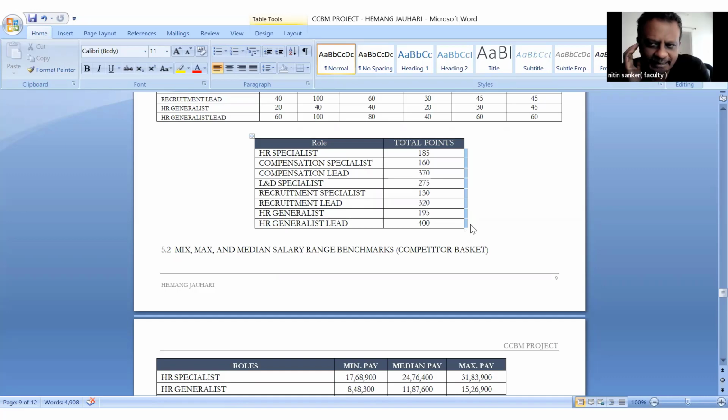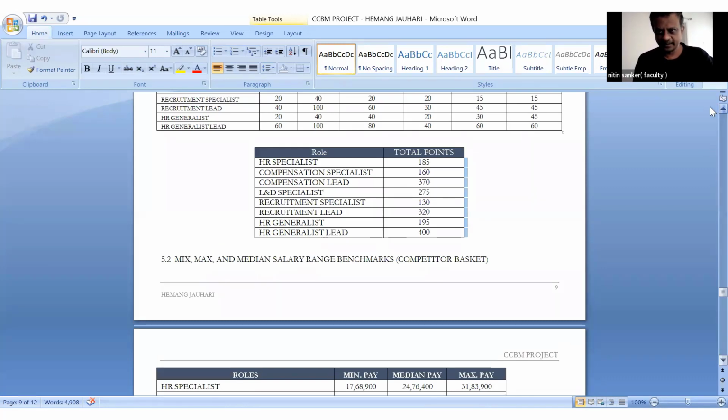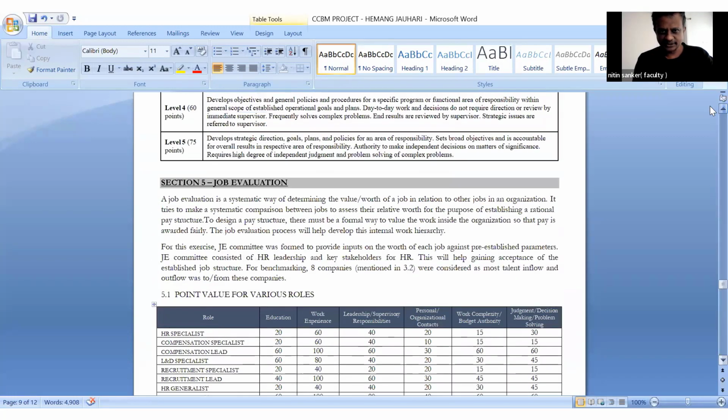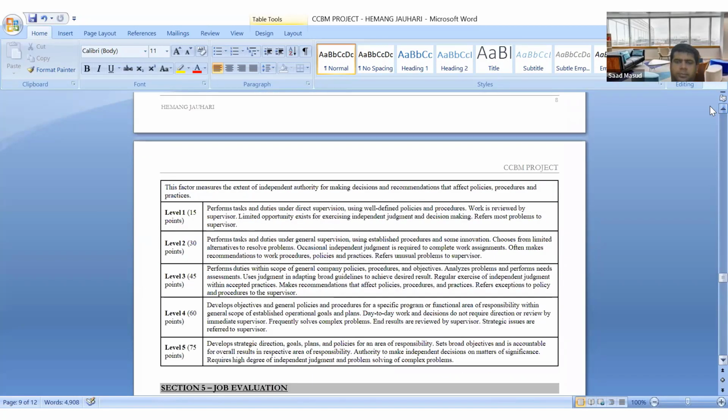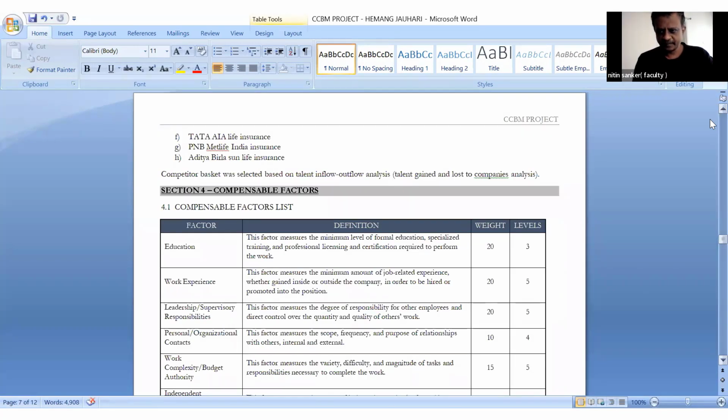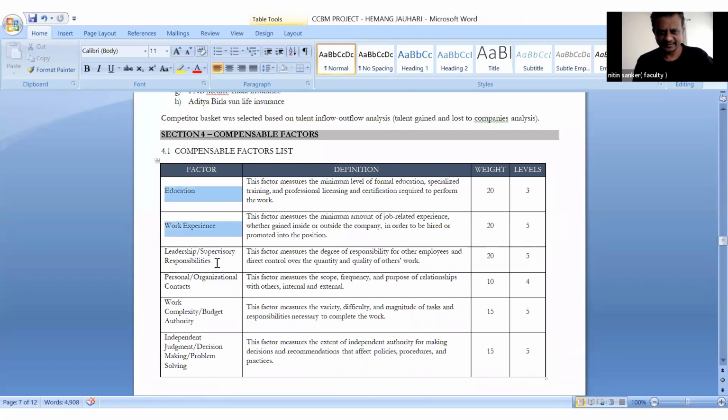So let's look at it practically. Let's say you ask me to come and fix the salaries, and I've done this for lots and lots of companies. If we are using the point plan method, first I sit with your managers or your senior management and understand what it is that you want to reward, which is your compensable factors. We first select these. Are we okay? Step one. Yeah.